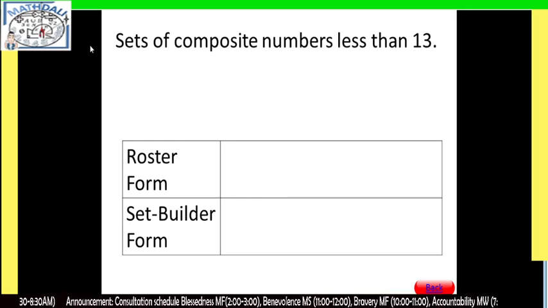Okay, so we're going to name this one as our set A. Set A is equal to, we have brace.